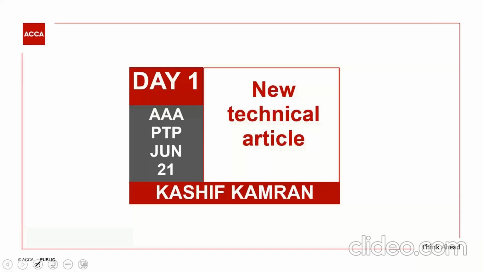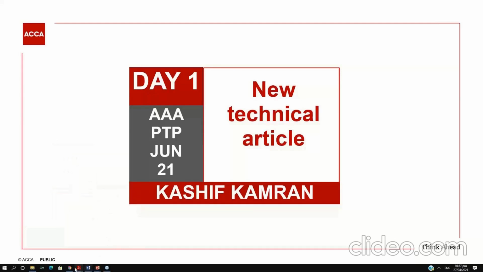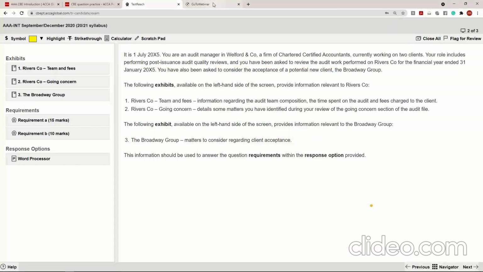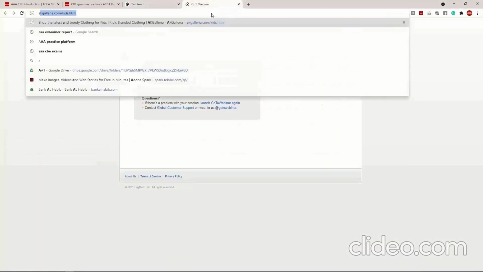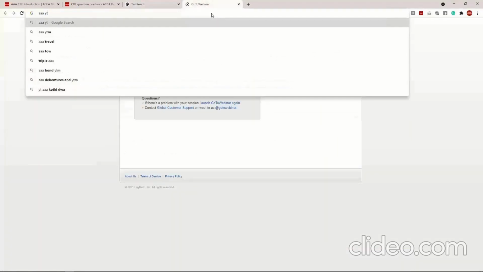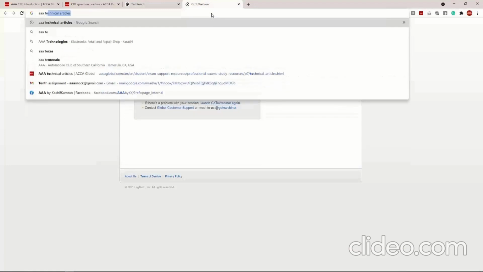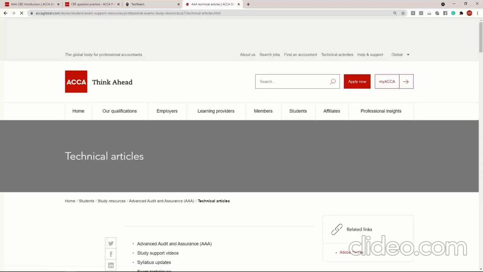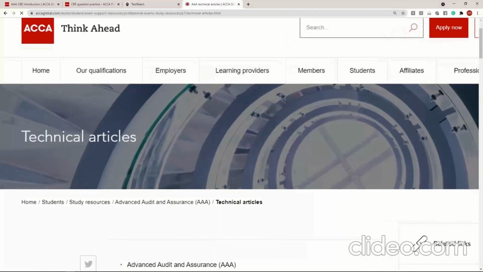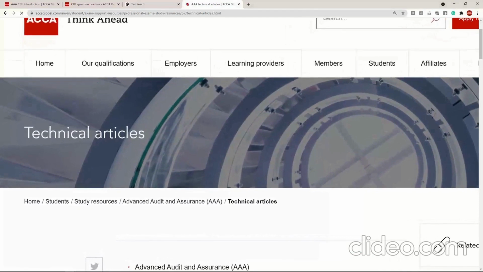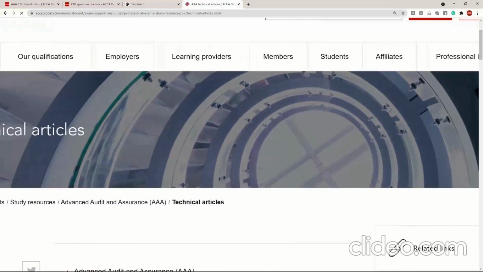Article on the website, and I just want to give you an idea about this new article, which I am again and again referring to. If you go to the AAA technical articles and you just type the AAA technical articles on Google, you will come to the first hyperlink. You click on the first hyperlink and you come to the AAA technical articles, right? So on Google, write AAA technical articles, click on the first hyperlink, and you come to the technical articles